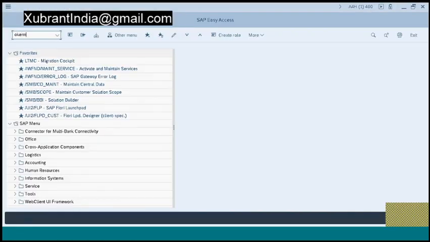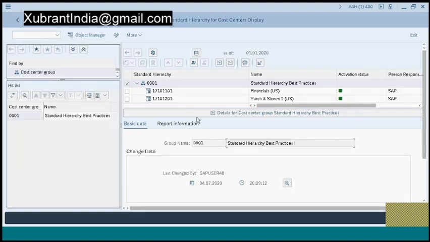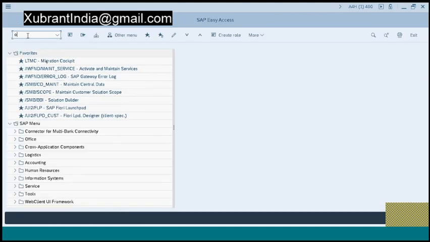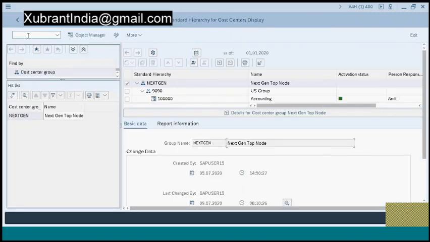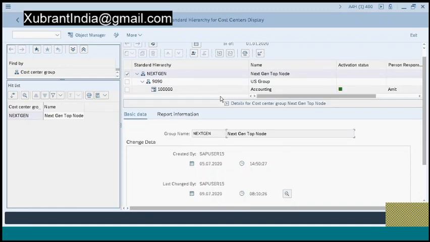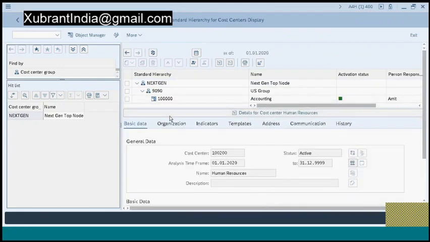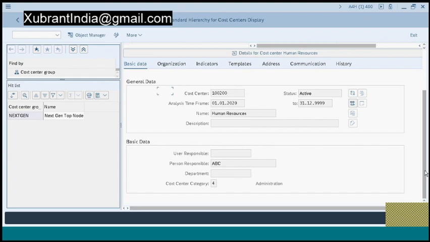So I'm back in the SAP screen to check if whatever we uploaded has been uploaded. First I need to change the controlling area default to 9090, which is our controlling area, and then go to the transaction OKENN, and check if the two cost centers that we uploaded are actually there in SAP. So here you can see that the 9090 group is there, and below that we uploaded two cost centers, and you can see those here, so 200 and 300. So yeah, that's a very good sign. Those have been uploaded here.